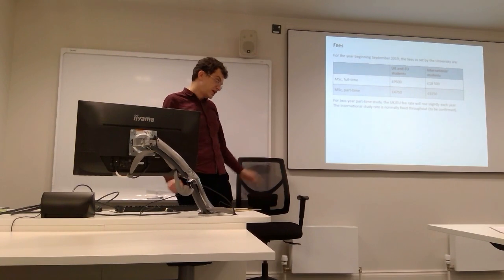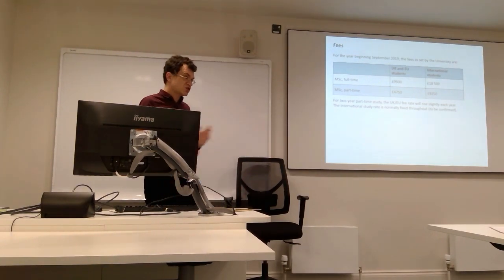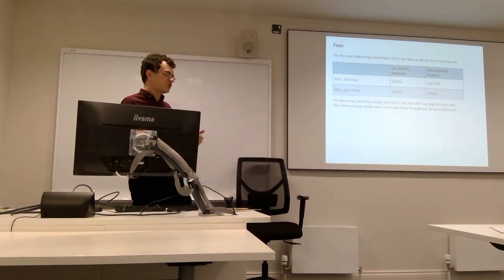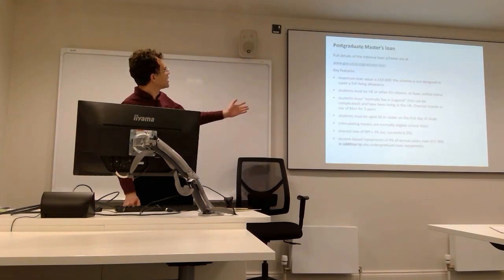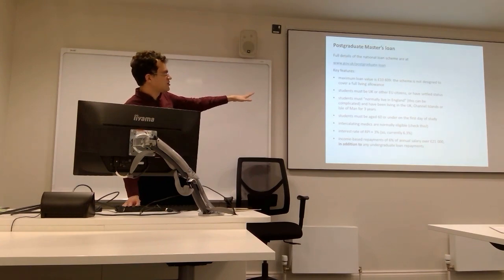That's quite a lot of money, and unlike the situation for undergraduates, there is not a national level grant or loan scheme that will cover fees and living allowances. There is a loan scheme, which, subject to certain conditions,